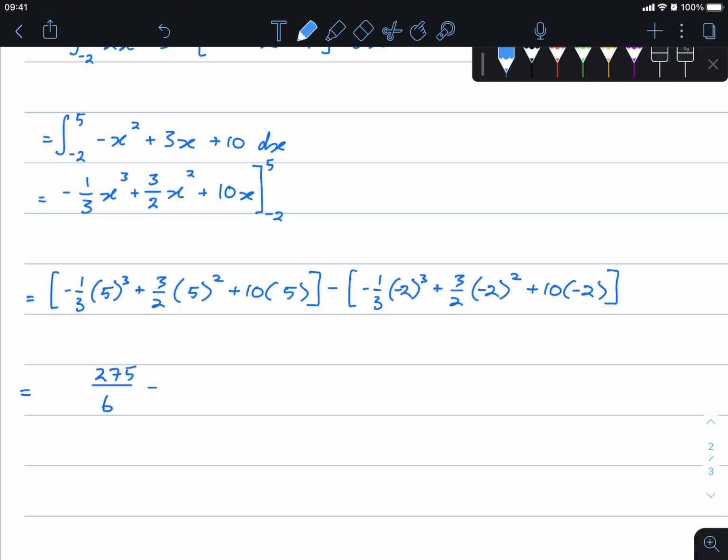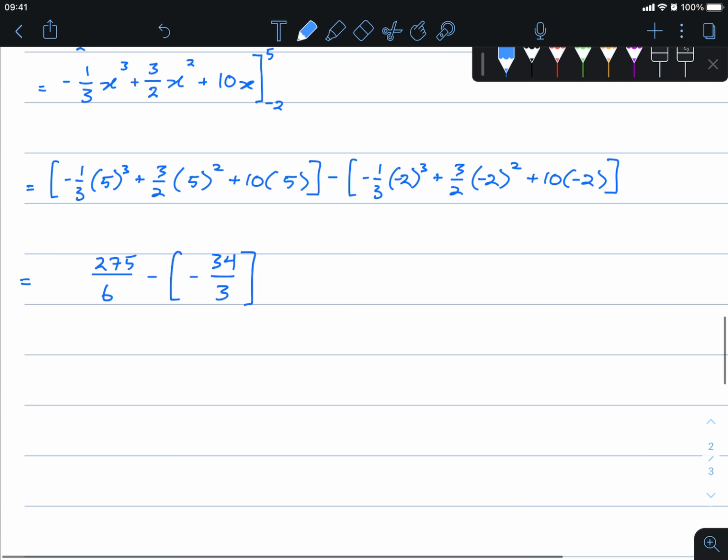And there we go. You should get negative 34 on 3. Evaluating this one last part, 275 on 6 minus 34 on 3, you should get